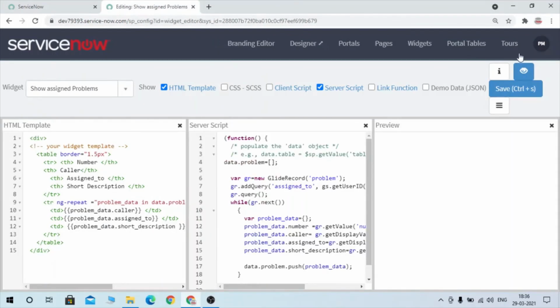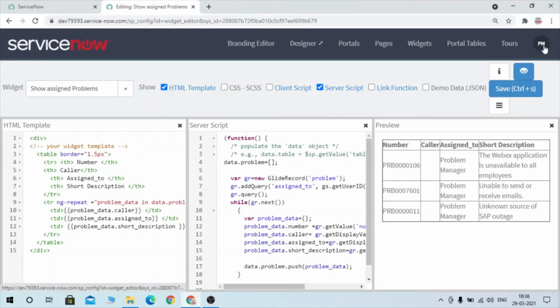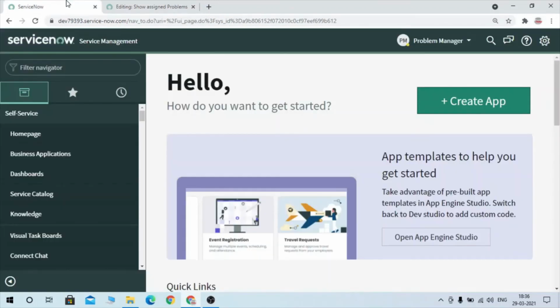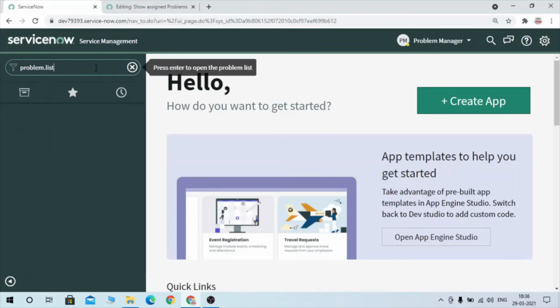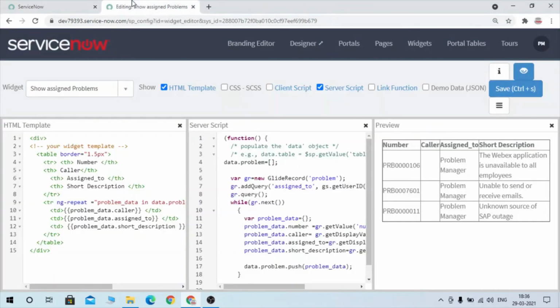Okay, so now we have impersonated as problem manager, and you are able to see these three problem records which were assigned to him, right? So this is how you can fetch the problem records which are assigned to the dynamic user.